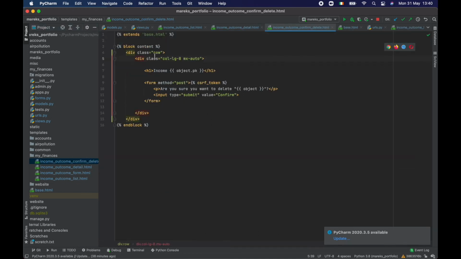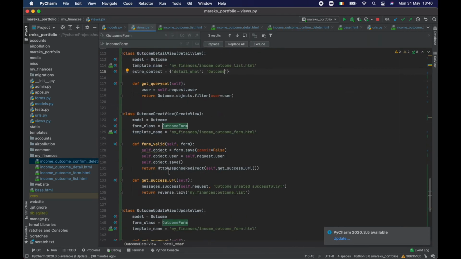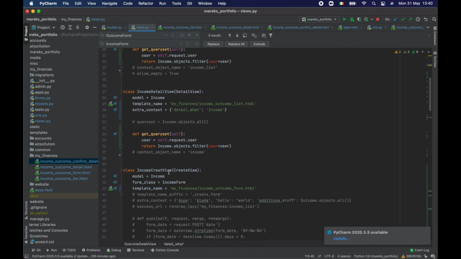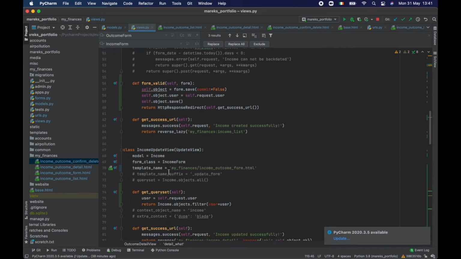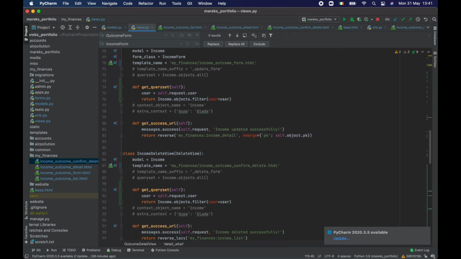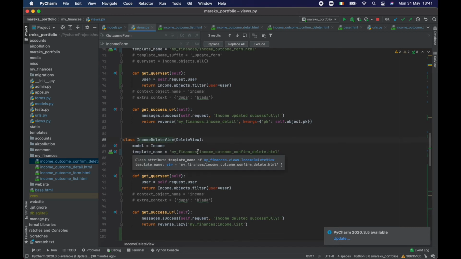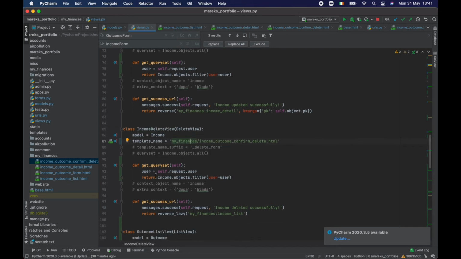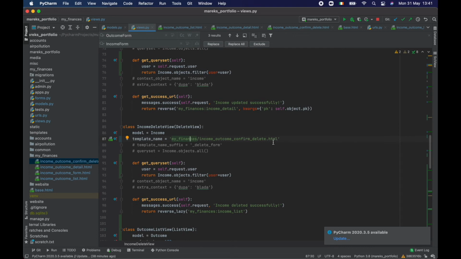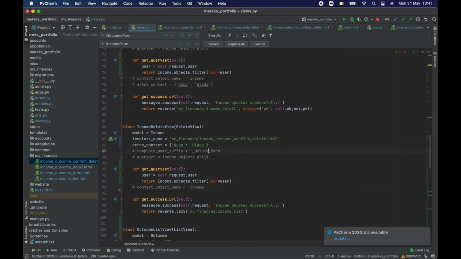Confirm, delete. Okay. So again, for the views, we want to change. Let's go up. So create and update, the templates are not specific. They don't mention anything about income and outcome, which is great. We might want to do that actually just to make sure that we know where we are as we fill out the form. But let's see if we have to do it. For now, what I'm going to do is grab this from here and add it here. Okay, and change that to,